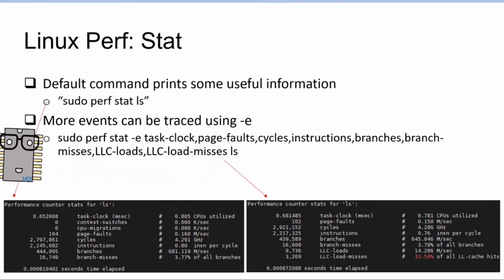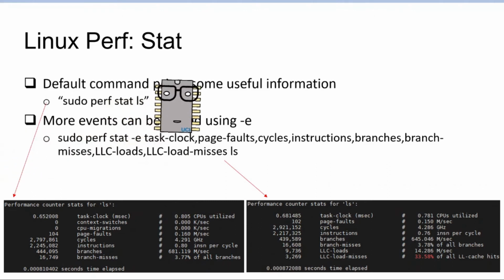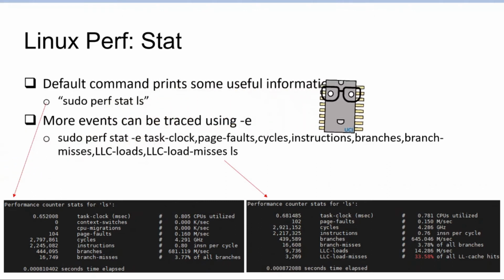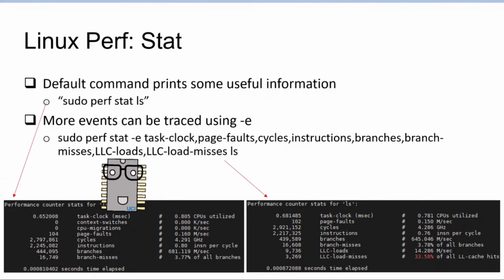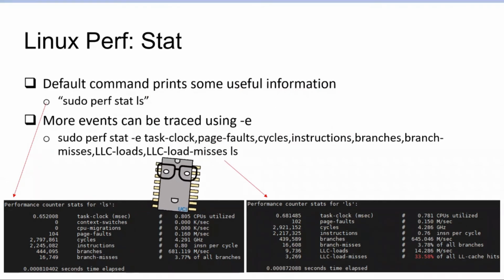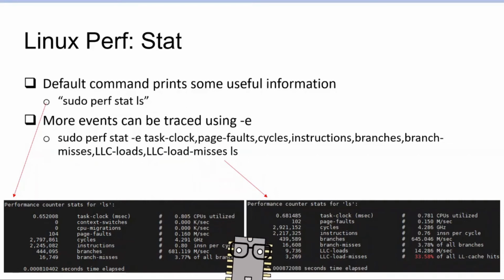If you want to keep track of more events that you can find in the list command, you can add them using the -e command argument. sudo perf stat -e. You can do all the usual stuff: task-clock, page faults, etc. I tried adding LLC loads and then the LLC load misses when running ls, and now we can see that